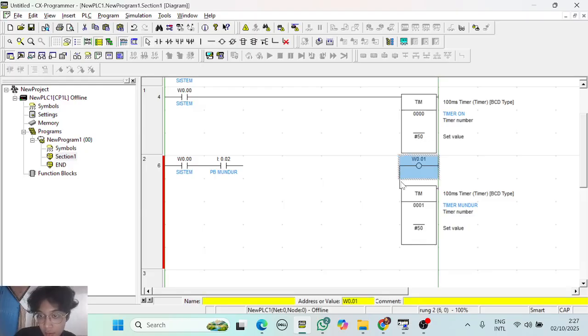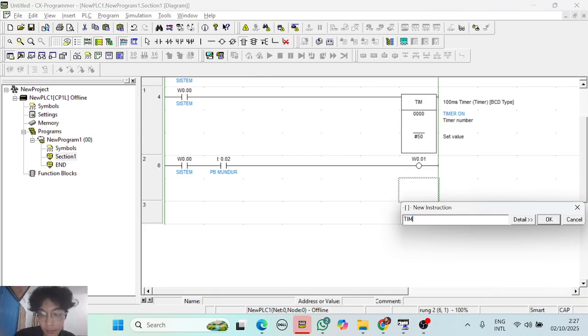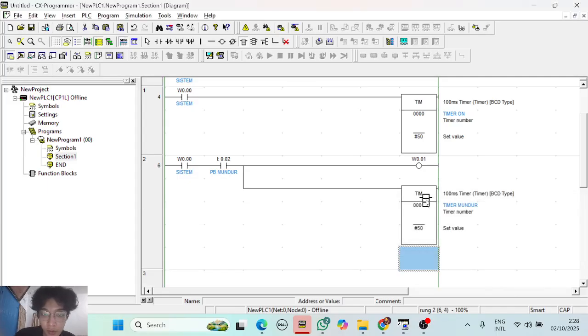Oh no. Okay, we can connect the line, and we can put it again because before there was some problem. Okay, timer mundur, not like this, bro.